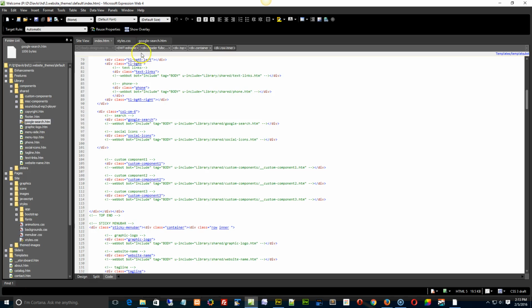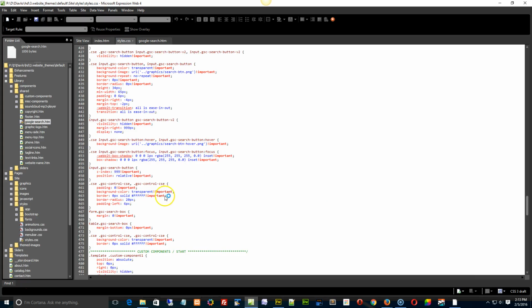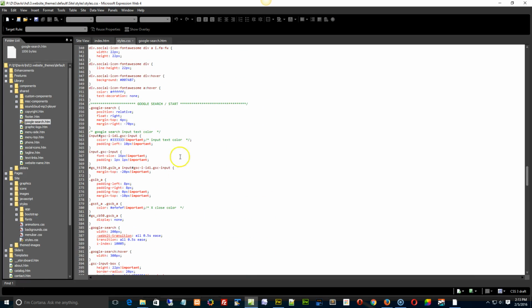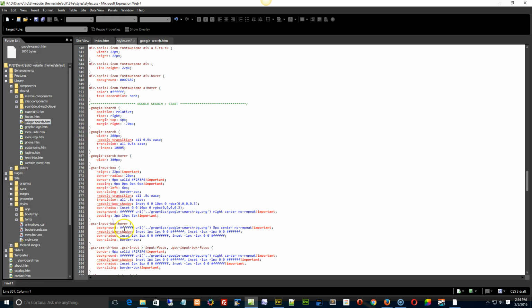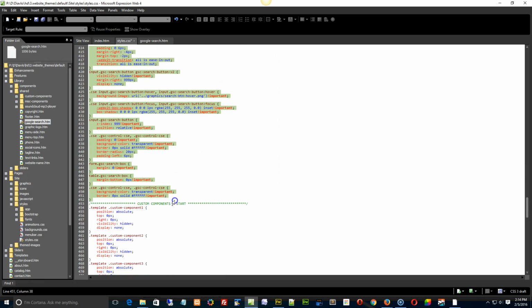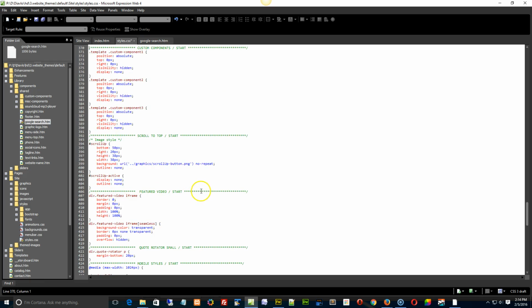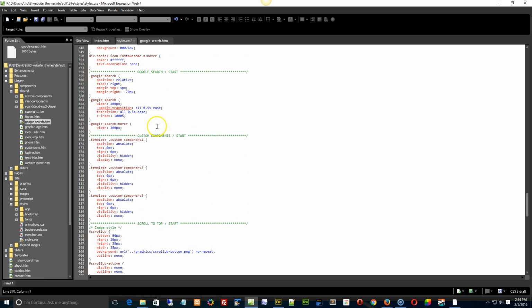But anyways, what you may want to do is just go to the styles, okay? And all this stuff right here, starting around line 354, basically overwrites all the Google stuff to create a custom looking box. So what you'd want to do is get rid of, starting here, Google search input for text color, all the way down to Google search, and then leave the search hover, and then from the index all the way down like so. Get rid of everything right down to custom components, and then all we're left with is the Google search container, which positions the default. Okay,